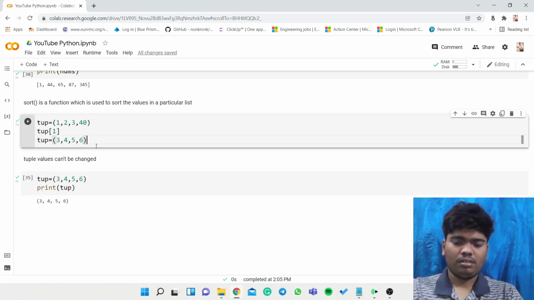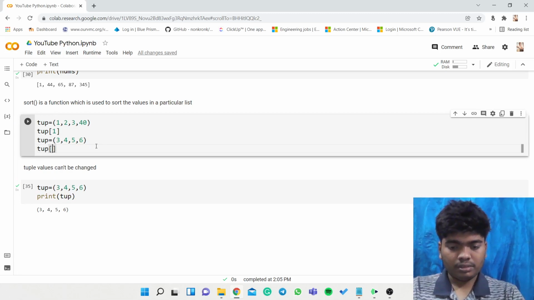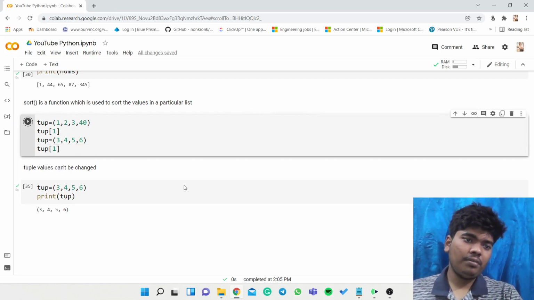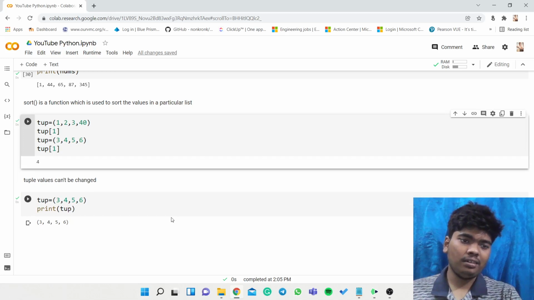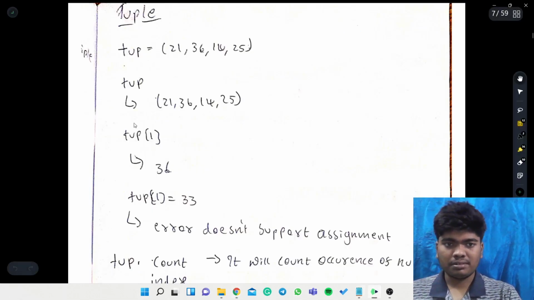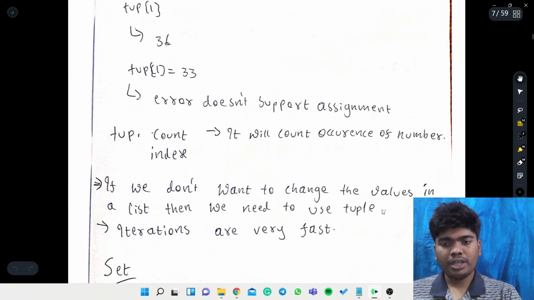I don't know then. Actually we will just follow these particular notes. We can't change the values in the tuple. So if we don't want to change the values in a list, then we need to use this tuple.